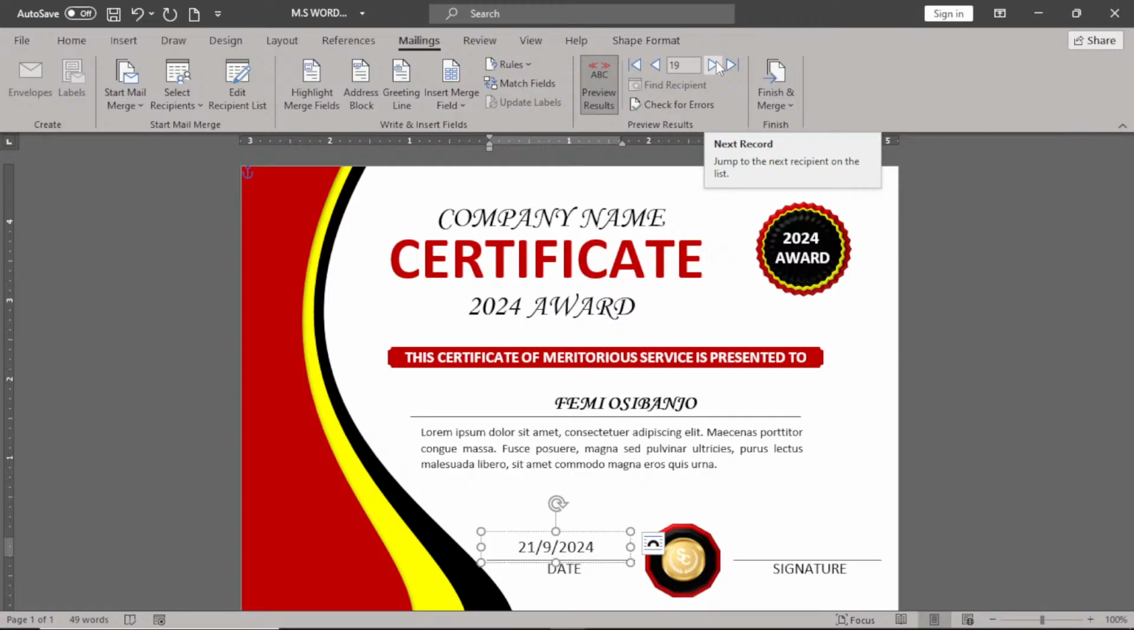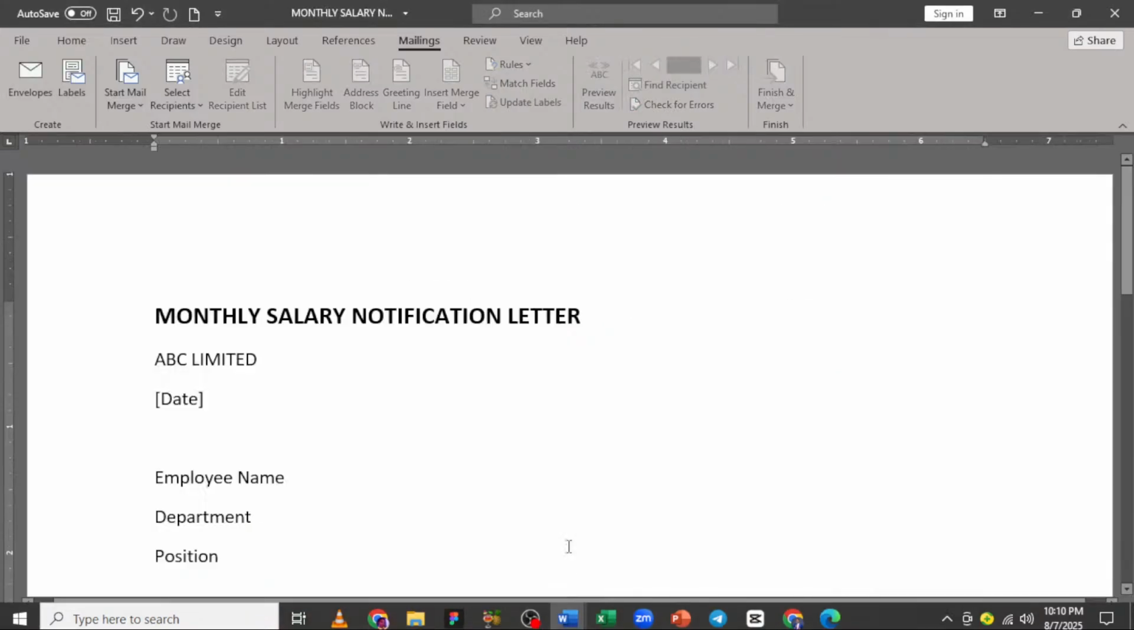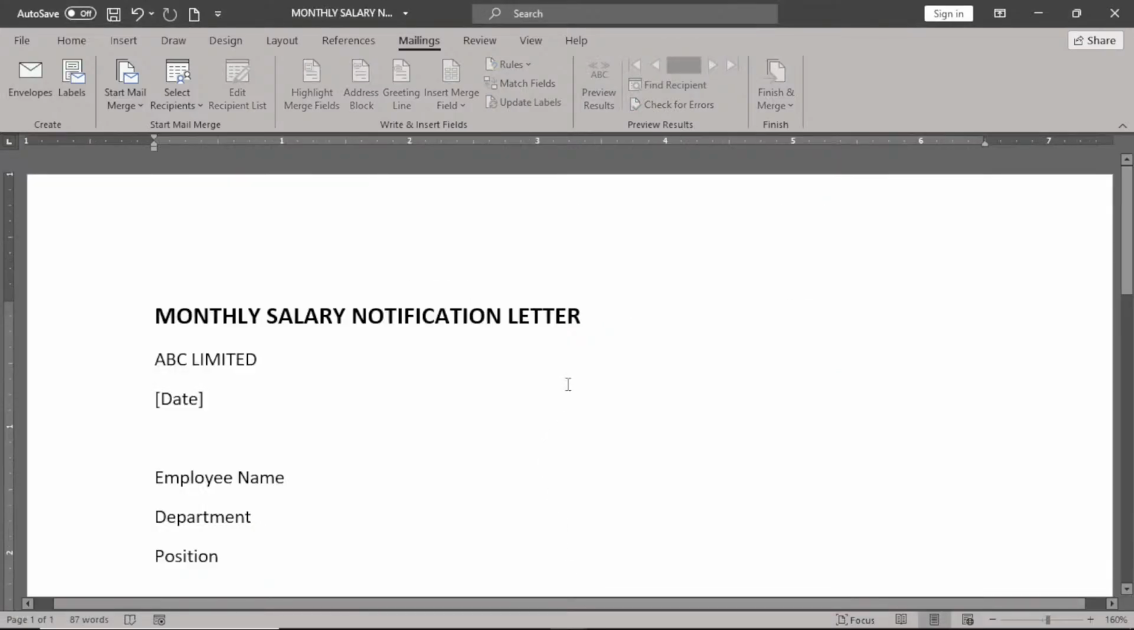So with this, it makes it very easy for us what we would have done repetitively. Why? Because all these are the same. The only thing that changes is the name, the date is there. So this is what we refer to as Excel Word mail merge. Now let's look at another example on the monthly salary. Here I'm going to teach us